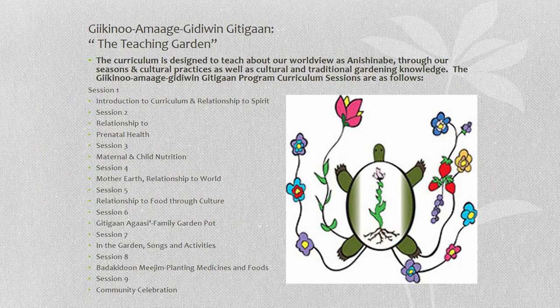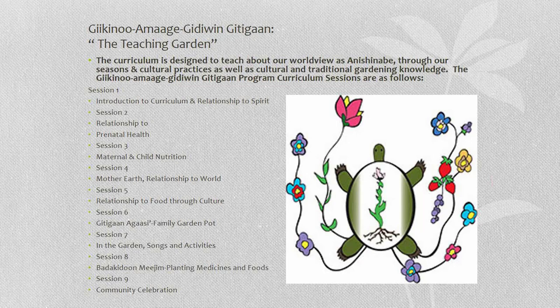The curriculum sessions are as follows, and we've added a couple of sessions. I see that we don't have them in this slide, but it's really broken down to our relationship to tobacco, because for Ojibwe people, everything we start off with is tobacco first. So we teach them about a tobacco ceremony, what your relationship to tobacco is, and then we focus on prenatal health, maternal health and nutrition, our relationship to Mother Earth and our relationship to the world. And that has to do with the water and how we take care of the earth. And then there's relationship to food through